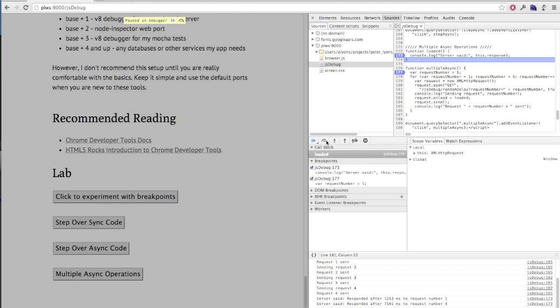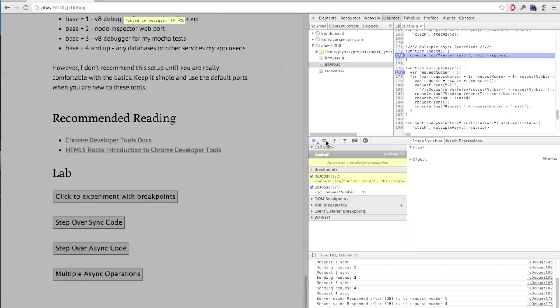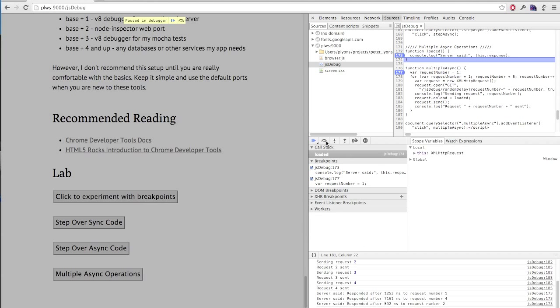So that one, the server code randomly decides it's going to wait 7 seconds and then come back with number 4. And then number 2 arrives, and the server decided it was only going to wait half a second. And then there's number 3. So that'll just demonstrate that when you're dealing with async operations, you can't guarantee any correlation between the order that async operations are started and the order